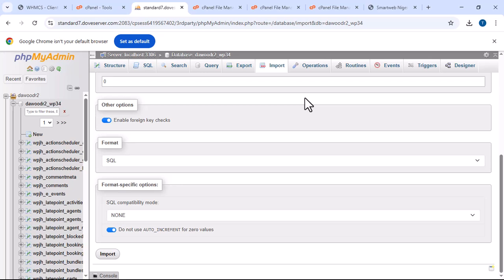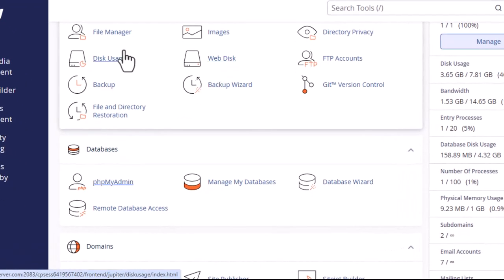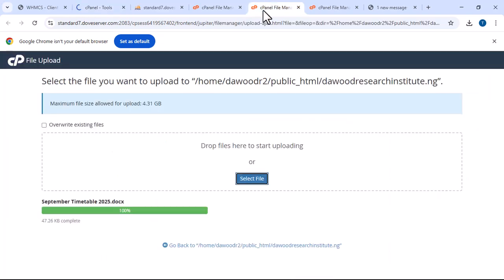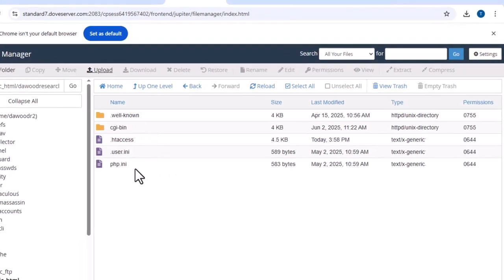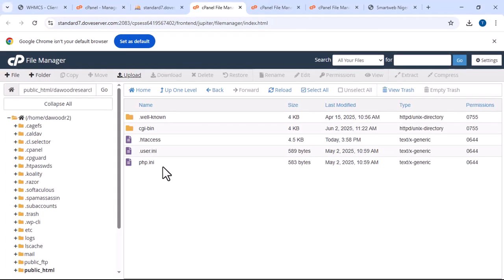So next is to synchronize the database credentials. In synchronizing the database credentials, you are going to synchronize the database name, user, and password on the config file and on the database. So you go to the database and you go to the configuration file. So you locate the configuration file in your directory. You have a configuration file after your installation, like with WordPress. If it's a WordPress, you go to the configuration file. If it's not a WordPress, maybe you designed it offline, so you have your database configuration file. So you go to the configuration file and